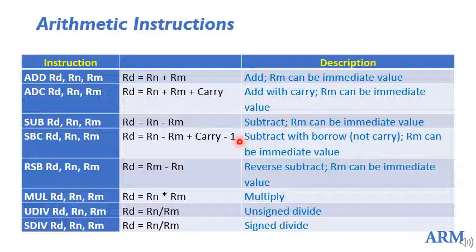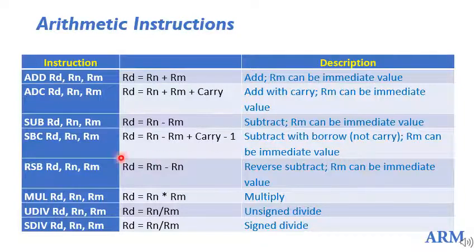That means you can verify here, if the carry flag was 0, then the not of 0 is 1. So 1 will be subtracted, and if the carry flag was 1, the not of carry will be 0. So 1 minus 1, 0 is subtracted. Plus 0 or minus 0 doesn't matter. Okay. So that is the meaning of this expression. And here as well, the second source operand Rm can be an immediate value.